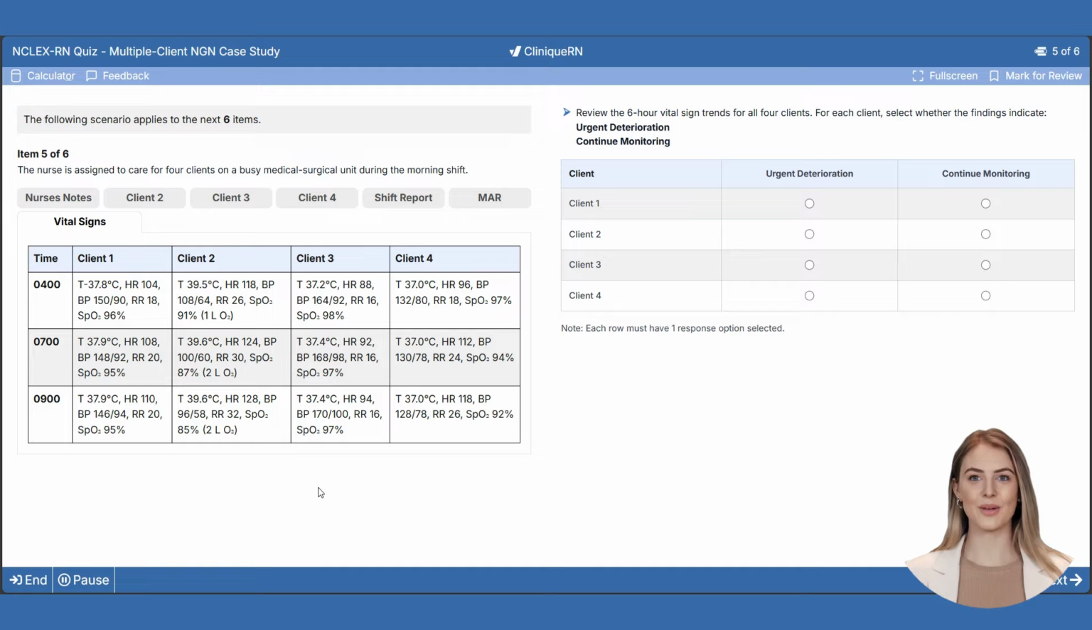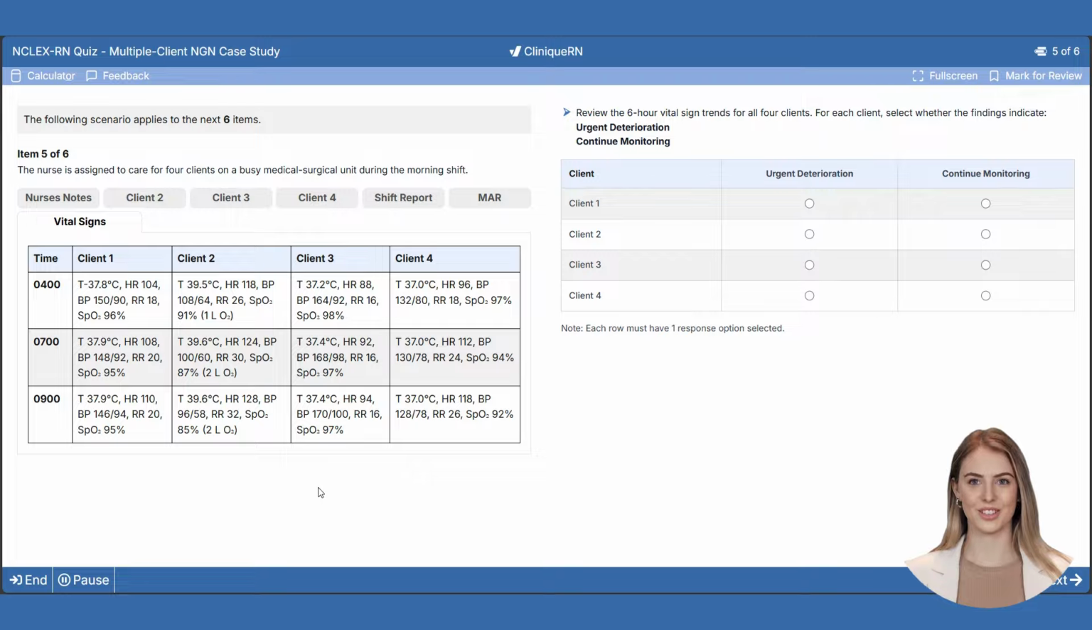Time 0900. Client 1, temperature 37.9 degrees Celsius, heart rate 110, blood pressure 146/94, respiratory rate 20, peripheral capillary oxygen saturation 95%. Client 2, temperature 39.6 degrees Celsius, heart rate 128, blood pressure 96/58, respiratory rate 32, peripheral capillary oxygen saturation 85%,